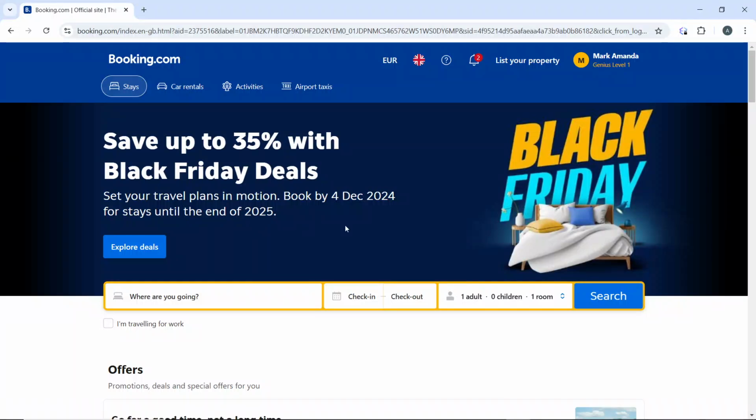Hello, in this tutorial, I'll show you how to request a refund on booking.com. To request a refund on booking.com via the booking.com web app, follow these step-by-step instructions. The first thing you need to do is to launch a web browser and visit